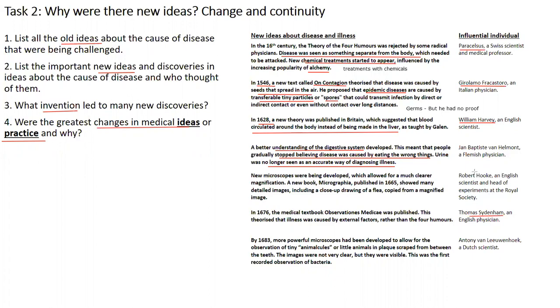You've then got Robert Hooke, an English scientist and head of the experiments at the Royal Society. A new microscope was being developed, which allowed for a much clearer magnification. Micrographia, published in 1665, showed many detailed images, including a close-up drawing of a flea copied from a magnified image. Now, this is great. The fact we've got a piece of technology that begins to work. The only problem with this is that the microscope